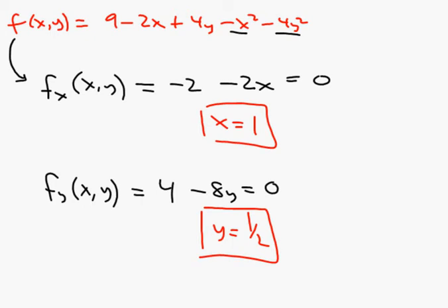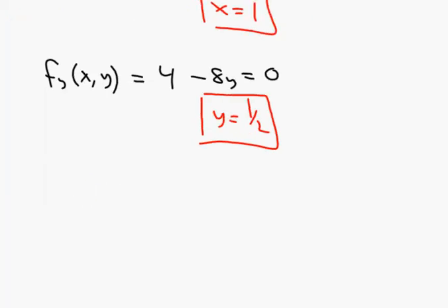So if we want both of these things to happen simultaneously, then our critical point is just 1 comma 1/2. Because if x is 1, the partial derivative with respect to x would be 0. If y is 1/2, the partial derivative with respect to y would be 0. So that's a critical point, which implies,